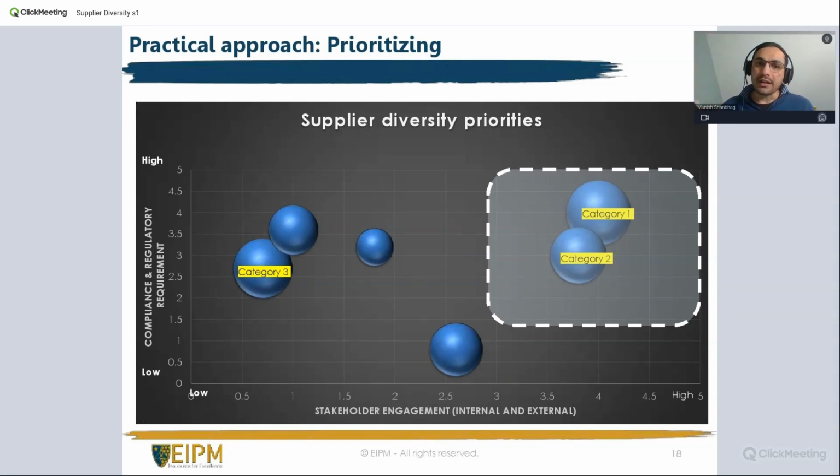Category is one example. If your organization is geography based, maybe I'm going to start with this geography. So maybe geography could be another element instead of category. Just to give you some ideas, so you can develop your ideas eventually and then build on your own some kind of a prioritizing matrix that can help you to say, okay, now I would need to start with this.